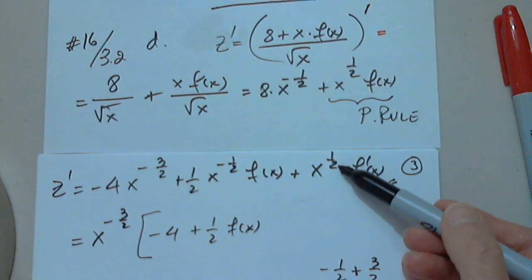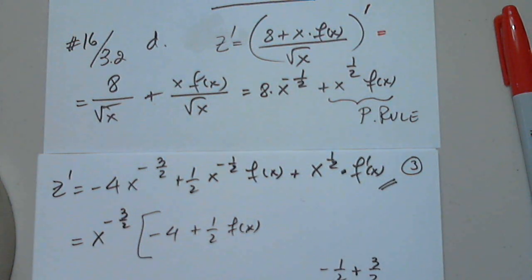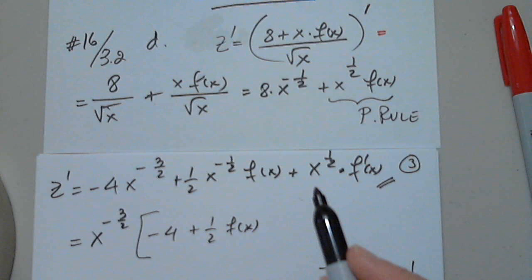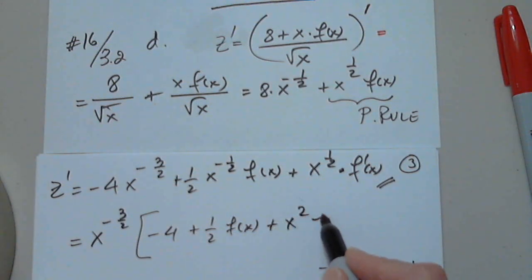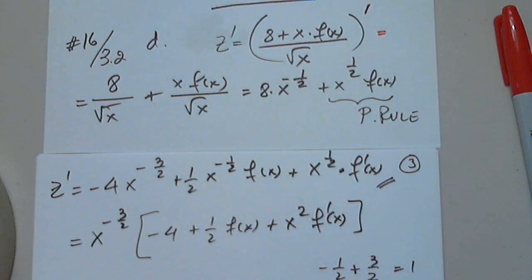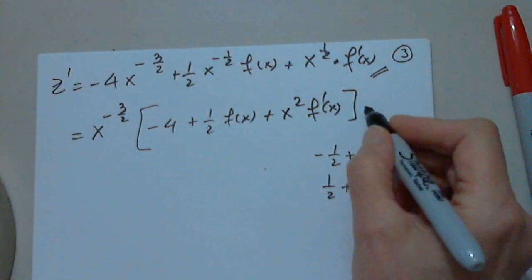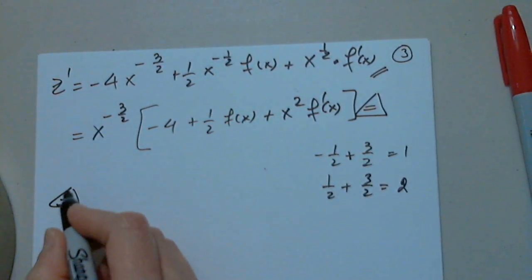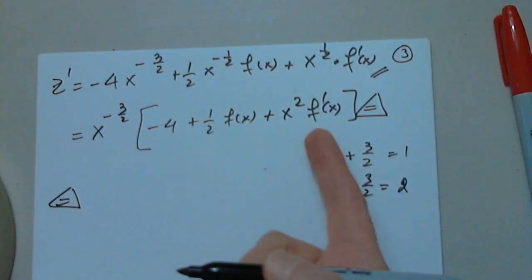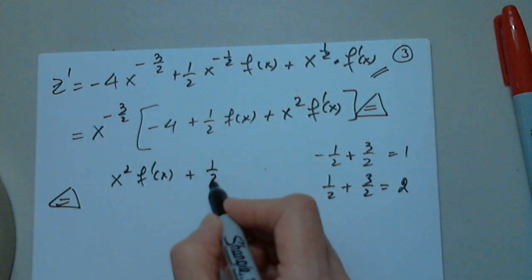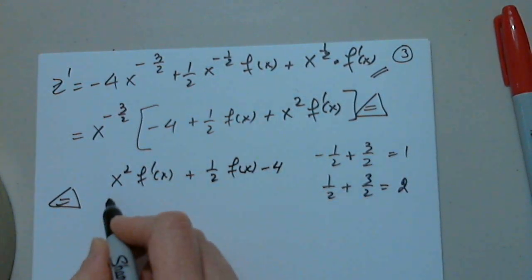And now from 1/2 I subtract negative 3/2. From 1/2 I subtract negative 3/2, so this will be 1 and this will be 2. So plus x squared f prime of x. Very simple. See, follow the triangle, and this is x squared f prime of x plus 1/2 f of x minus 4